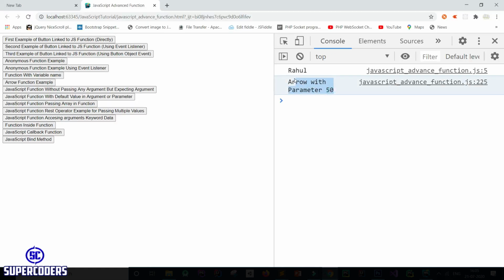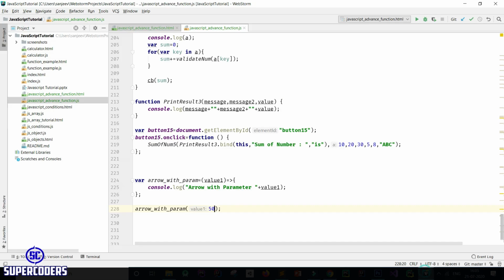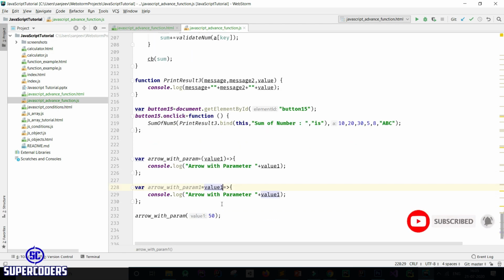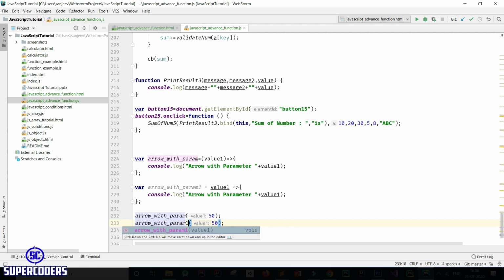You can see it's working, but for a single value in an arrow function, you can also use an alternative way: you don't need these braces, only shorthand. So you can see the arrow function works with a single argument without adding any parenthesis. If I call again, param1 and 60, let's see.